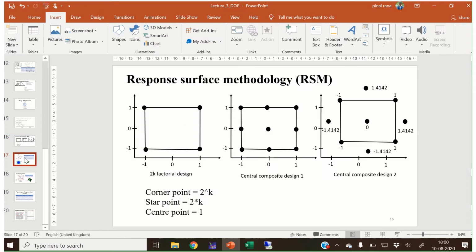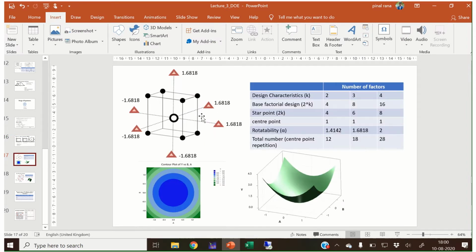In the same way, if the number of variables is 3, then 2 raised to 3 gives you 8, 2 into 3 gives you 6, and the central point is 1. So the total number of combinations is 15, that is, 8 plus 6 plus 1. And in every design, we have to repeat the center point 4 times.